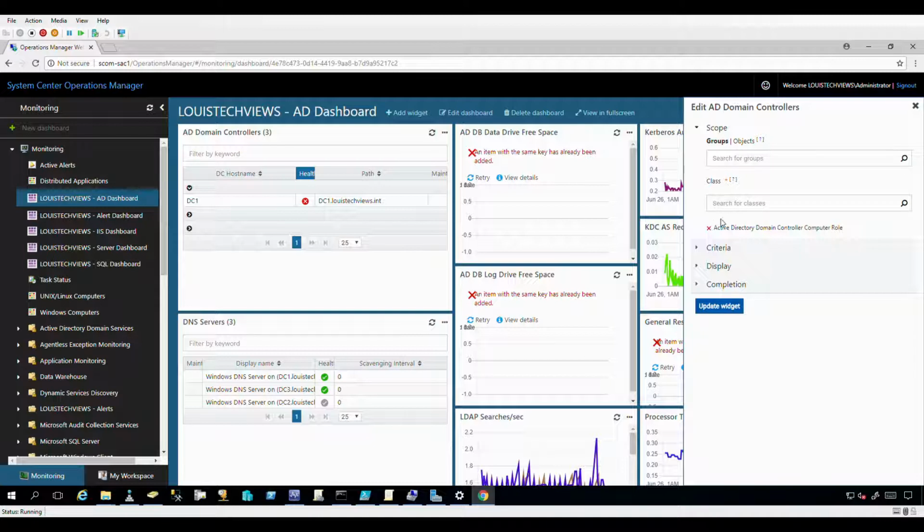Here, it's kind of the same concept. You can do groups or class. In this case, I chose to do a specific class. I chose Active Directory Domain Controller Computer Role. What that'll effectively do is any object within my environment that is hosting the Active Directory Domain Controller Computer Role would appear in the list. So the key factor here is that I'm not targeting the entire computer. I'm only targeting the